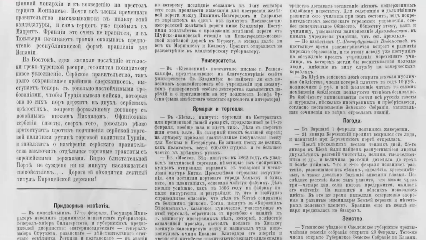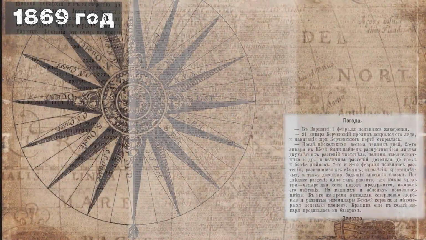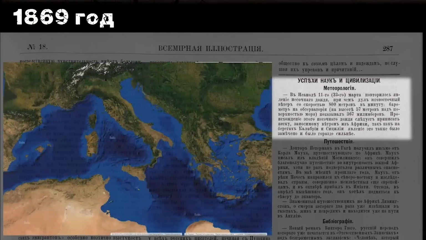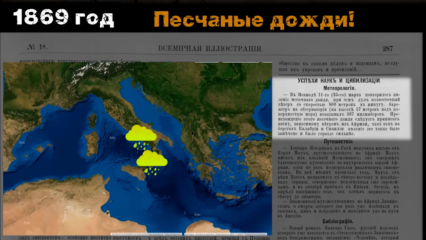On the 25th of January, flowers bloomed in Kiev, and on the 7th or 8th of February, cherries and apples began to blossom. Insects crawled out into the light, and later field beetles and drones. Rapeseed is growing. On page 287, we are informed about recurring sandstorms in Naples, Calabria, and Sicily. The speed of the wind is more than 13 meters per second. That's roughly 60 kilometers per hour. It is also reported there that this sand was brought from Africa.